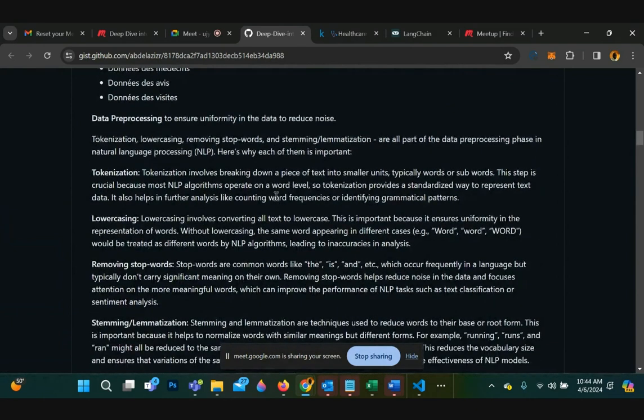So once you know where the data is coming from, you have to do an initial analysis. There may be a team working on that. If you are building from scratch, if you're building a new NLP model, you have to think about what form this data is in, right?